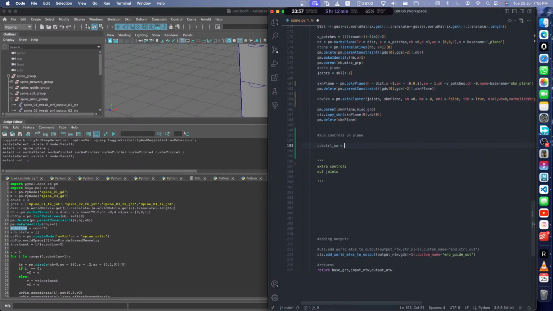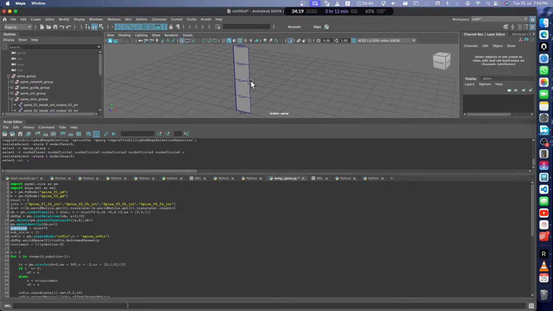Sub number controls, control number is equal to count into 2, and we will actually subtract 2 from this, because if we subtract 2, that will give us the value which we need, because we don't need the first and the last, right? So that is one. Then 1 divided by sub number of controls minus 2. All right,